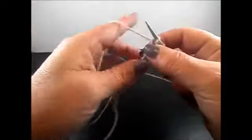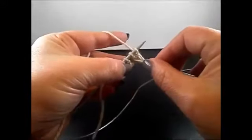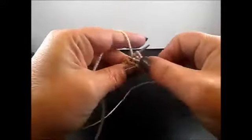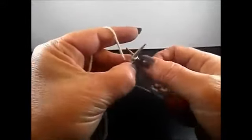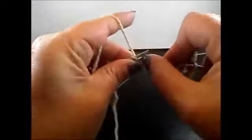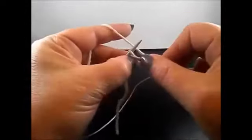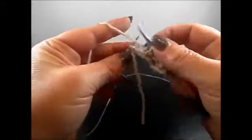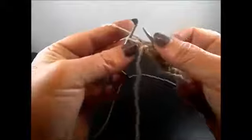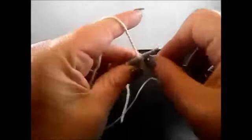Again, purl 1 stitch, inside your needle between the second and the third stitch, grab the yarn, pull through and pull the stitch. Keep the stitches on the needles and knit 4 stitches. 1, 2, 3, 4. Finish the row with 1 purl stitch, and I knit again my edge stitch. I turn the work, I knit my edge stitch,